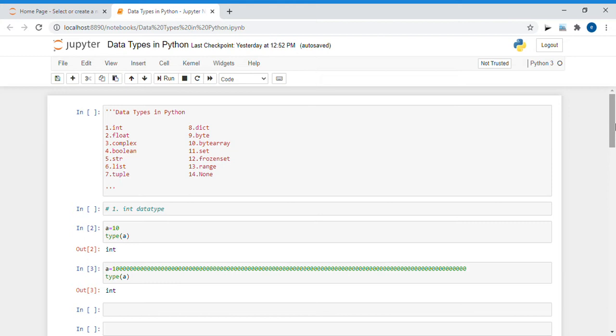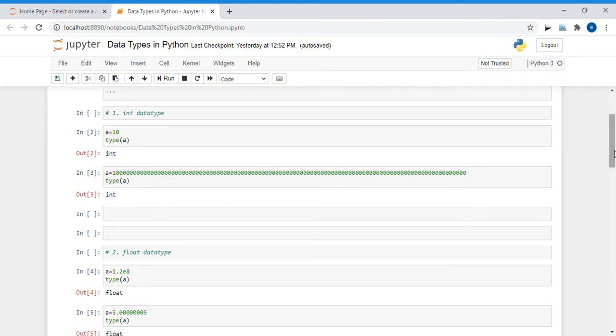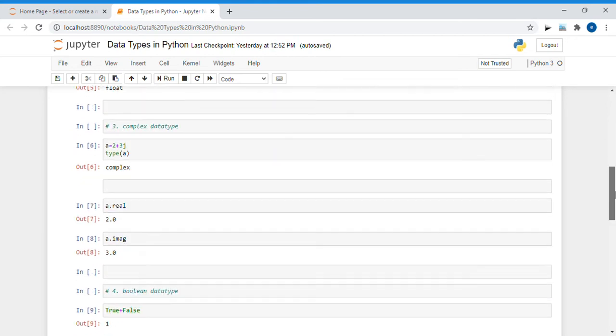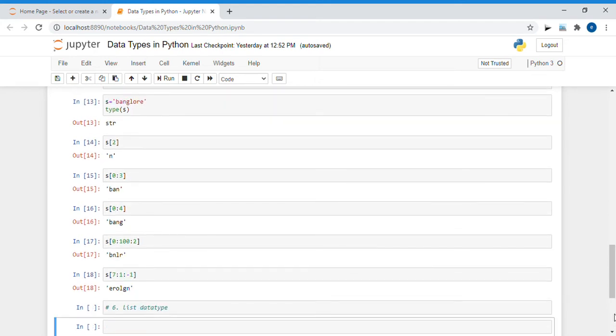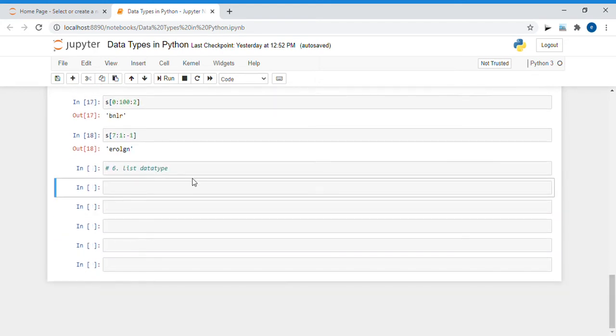If you try to change the value of an immutable data type, then a new object is created, meaning new memory is used for that object. So moving forward, we will now discuss our next data type, that is the list data type. Here the list data type is immutable, sorry, the list data type is a mutable data type, it means it is a changeable data type.